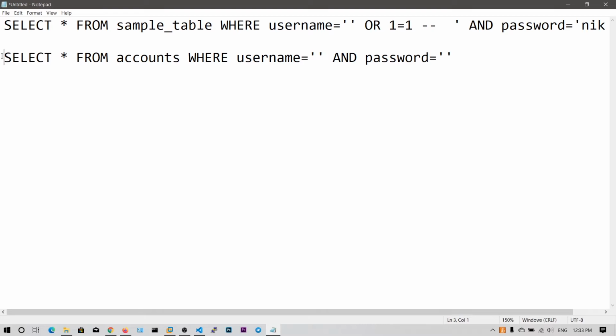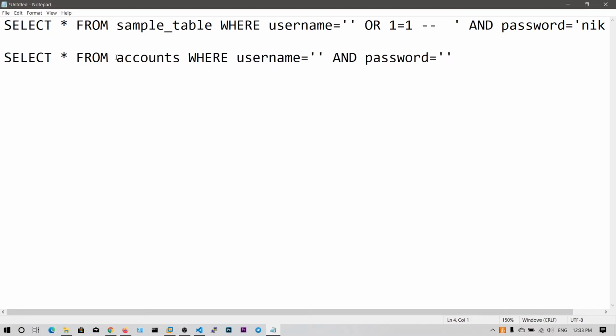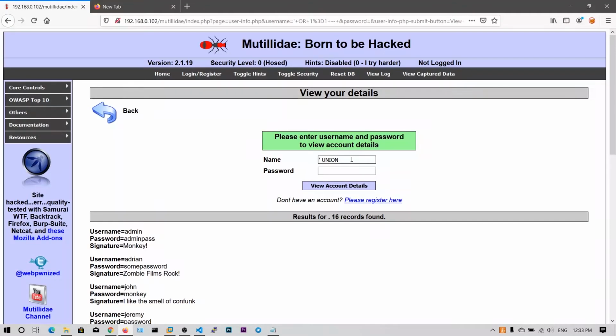If you say select star from accounts union select star from another table, those two tables must have the same number of columns. So I say union, now I say select. I don't know how many columns there are, so I will simply say null, and now hyphen hyphen space.